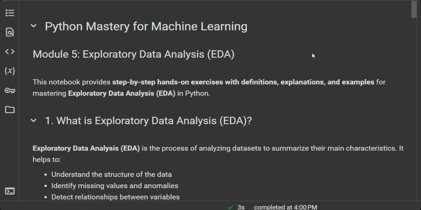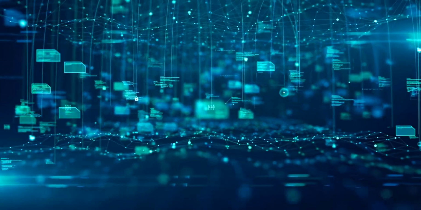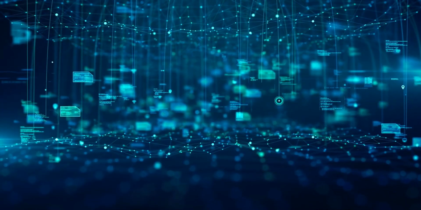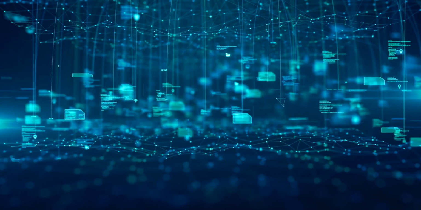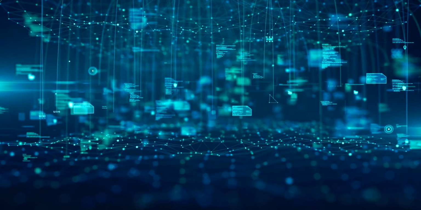So, dear friends, welcome to all of you in module 5 of the course Python Mastery for Machine Learning. And in today's module, we will explore exploratory data analysis. And what is the use of exploratory data analysis in machine learning? We will run the code, we will do some hands-on, and we will try to understand the concept of exploratory